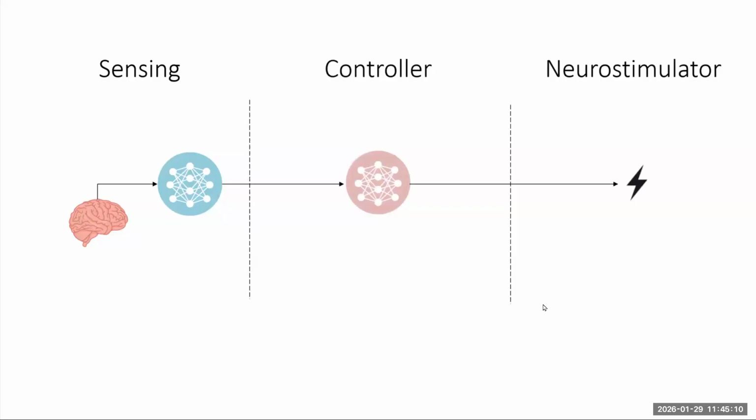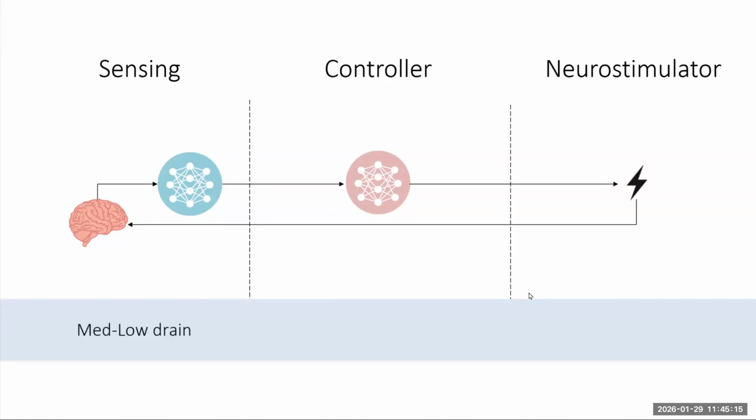If I was to do any sort of neurostimulation, let me break it up into sensing, controlling, and the final act of the stimulus, the neurostimulator. In the case of a seizure, let me denote this with medium and low power drain. Low to medium is a 10x, and then low to high is another 10x. So we're going from tens of microwatts to single digit milliwatts. Sensing can be medium to low. Controlling can be very low if we're offloading the work to sensing. And then the neurostimulator is going to perhaps have medium drain on your battery.